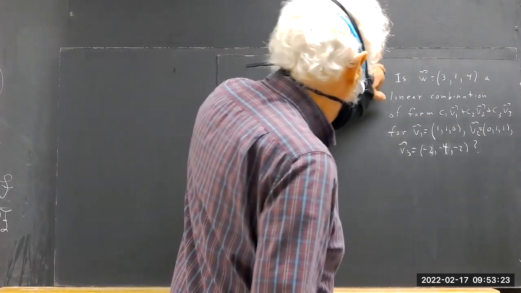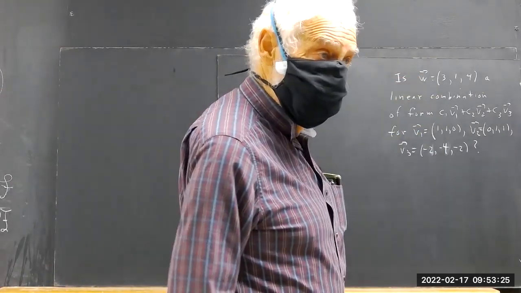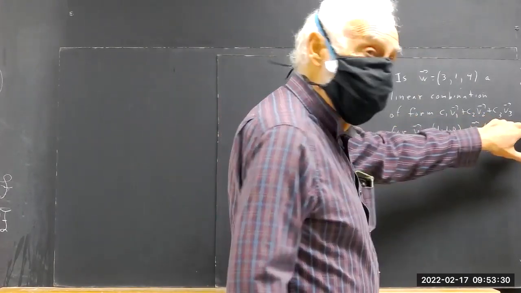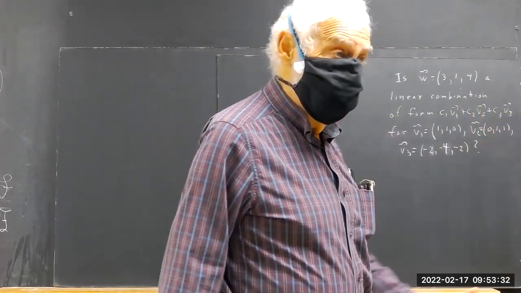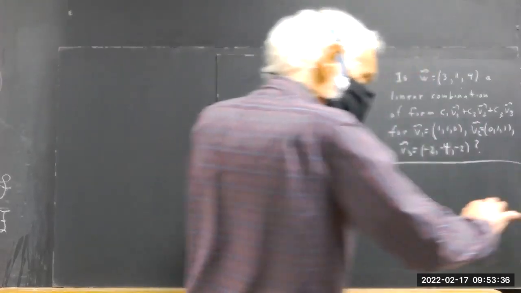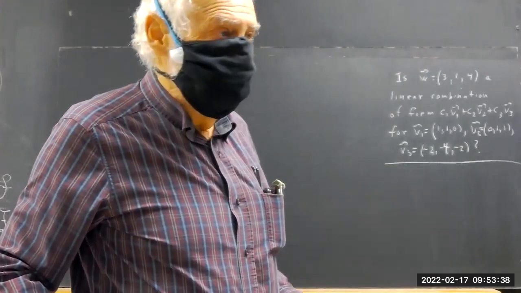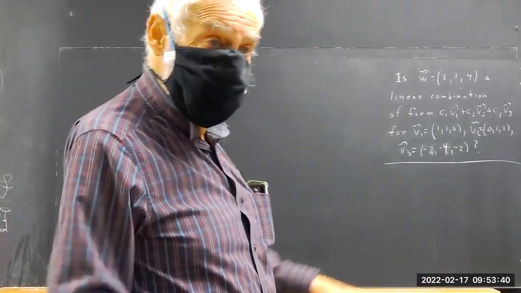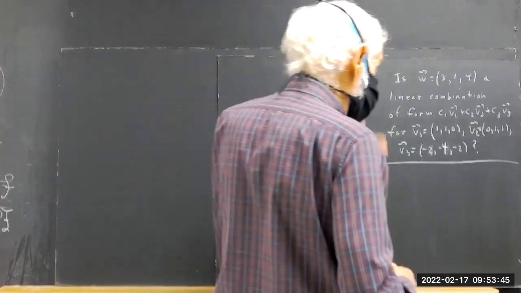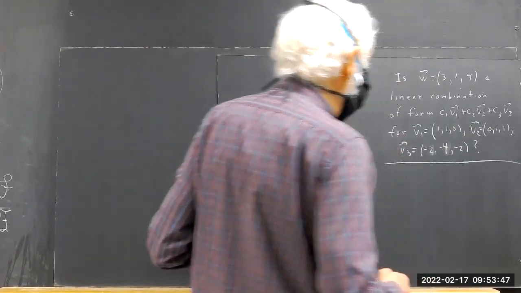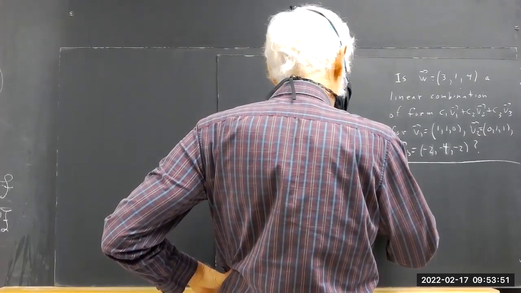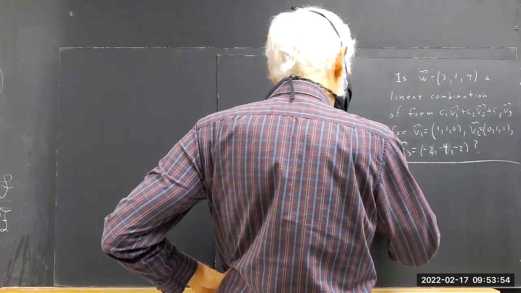Okay, is this vector a linear combination of these vectors? Now, I usually won't say "of this form." You should know the form. Linear combination. Okay. This is really important, really pretty simple. The stuff that's coming up, especially next week, coming up already for linear assignments. Okay. Well, you want to see